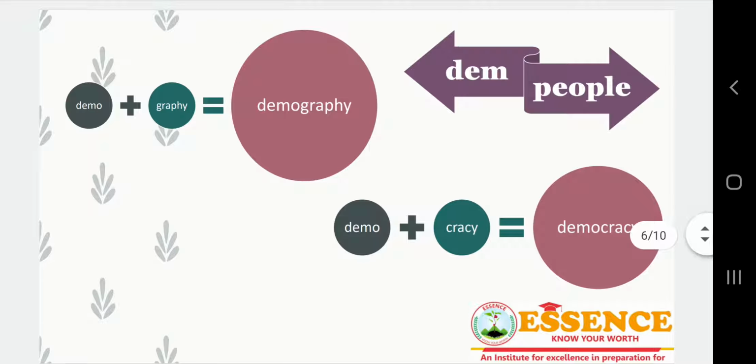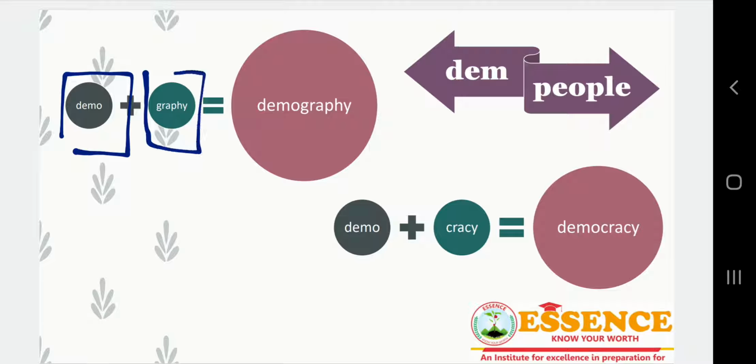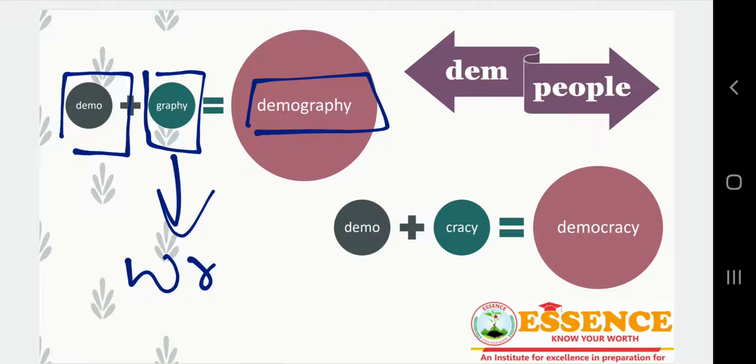Next we have the word dem. What does dem mean? Dem means people. So when we talk about dem plus graphy, we get the word demography. What is dem? Dem means people. And graph, this word we'll be discussing in a subsequent slide. It means write, right? So when you are writing scientifically about the science of people, how many people are there,